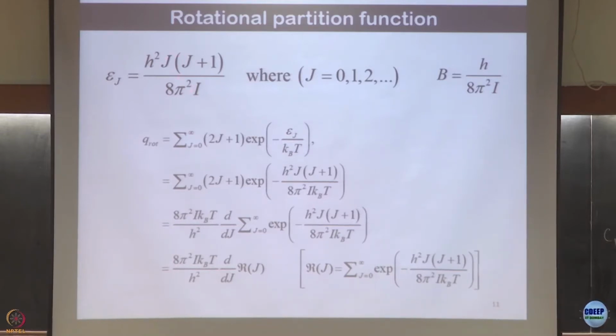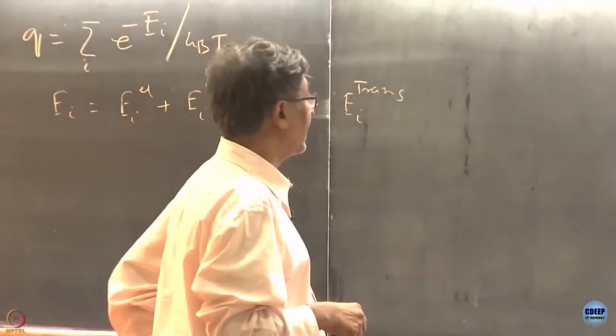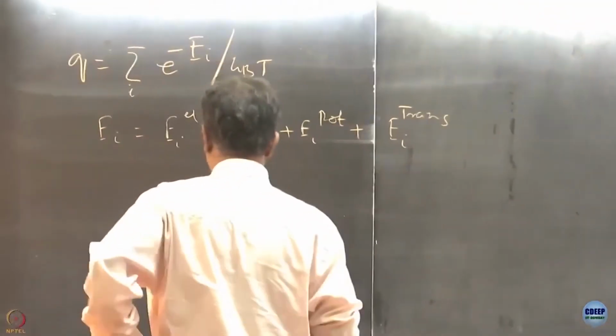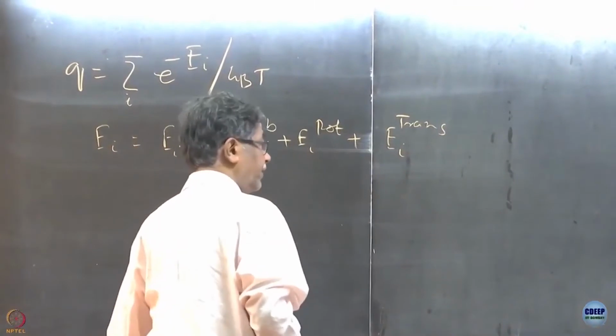However, here it comes with a degeneracy. If you remember, rotational levels come with a degeneracy. Anybody remembers? Raise hand. Who remembers the rotation has a degeneracy? Okay, one guy remembers, two guys remember. These two don't, and you three remember, others don't. And when there is a degeneracy, then the partition function is written trivially